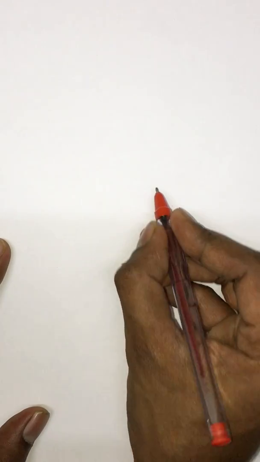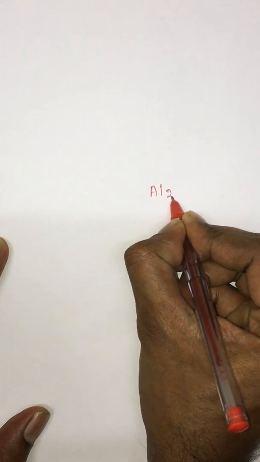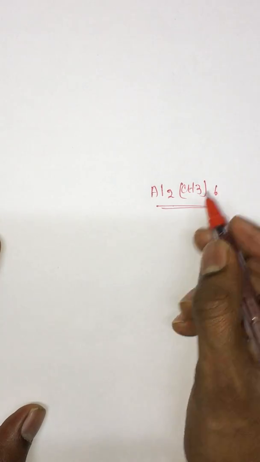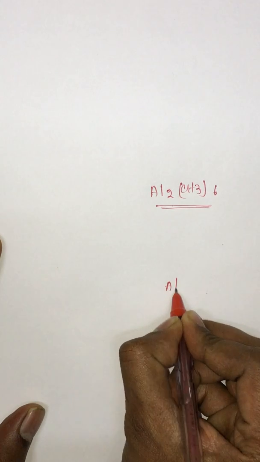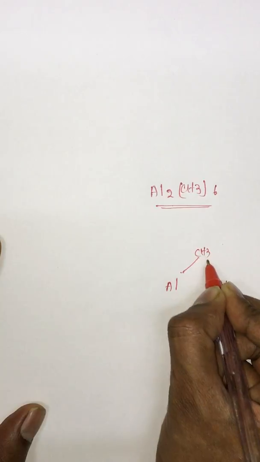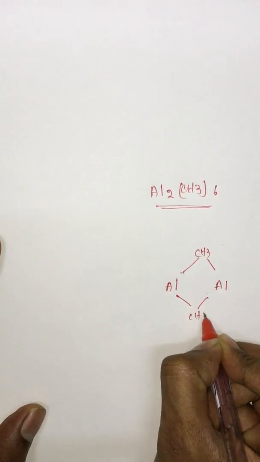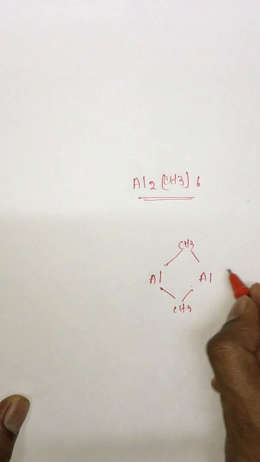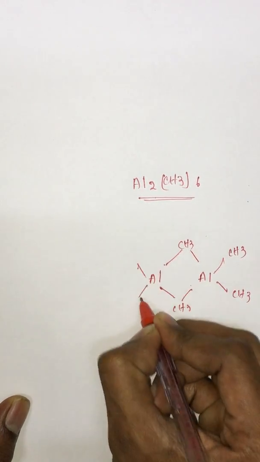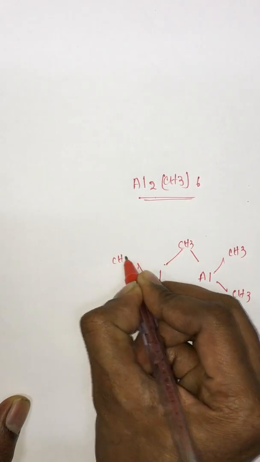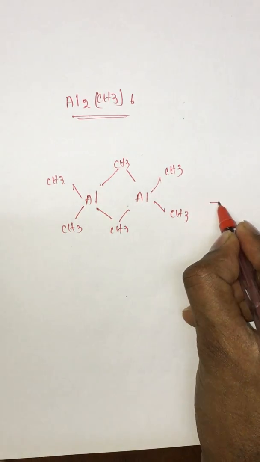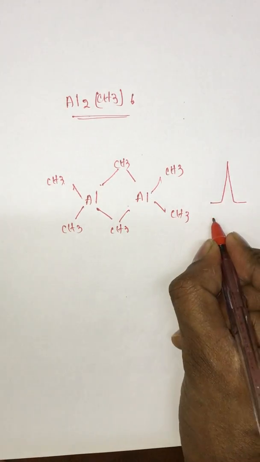And another example, we have Al2(CH3)6. So this is the structure, looks just like diborane. Here one CH3, another CH3, CH3, CH3. Next, if you see at high temperature, we will get a single line,